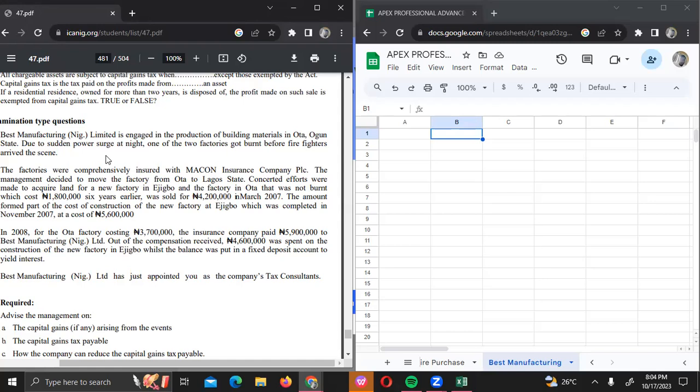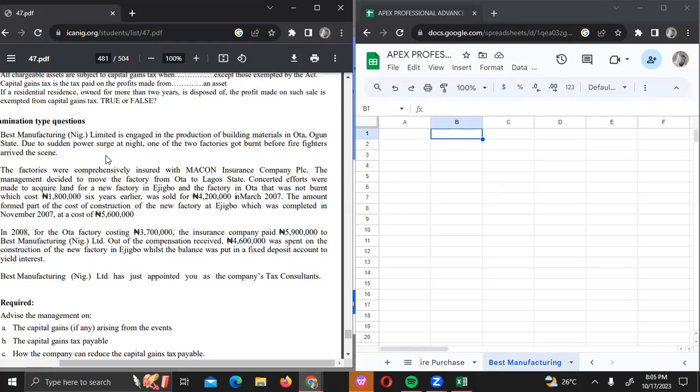In 2008, for the Ota factory costing 3,700,000, the insurance company paid 5,900,000 to the Best Manufacturing Nigeria Limited. Out of the compensation received, 4,600,000 was spent on the construction of the new factory in Ijegbo, while the balance was put in a fixed deposit account,